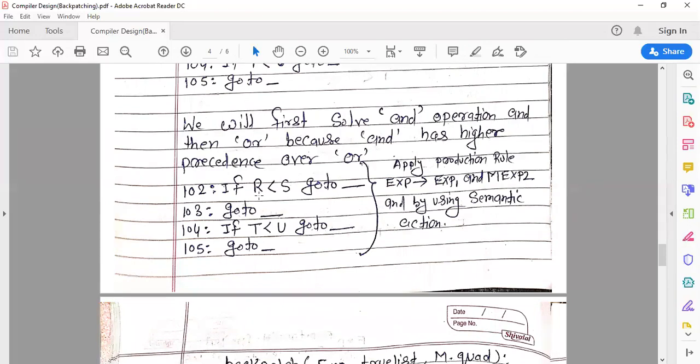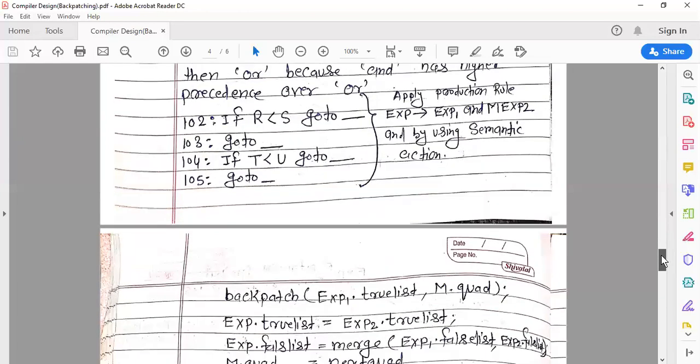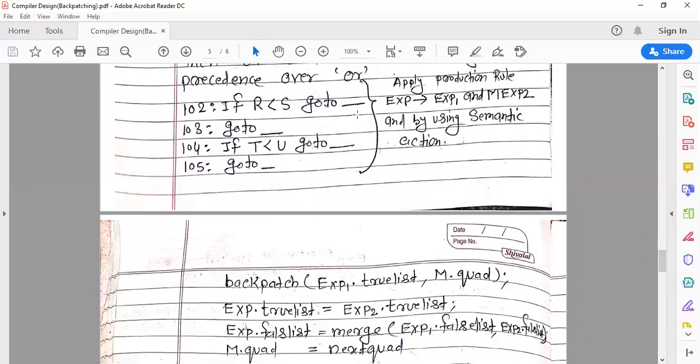So here we have exp1 and exp2. Exp1 has 102 and 103, and exp2 has 104 and 105. When we combine the three address code of exp1 and exp2, we get the three address code from 102 to 105.